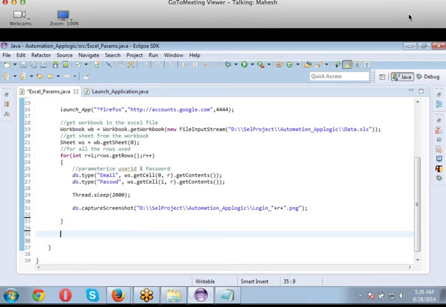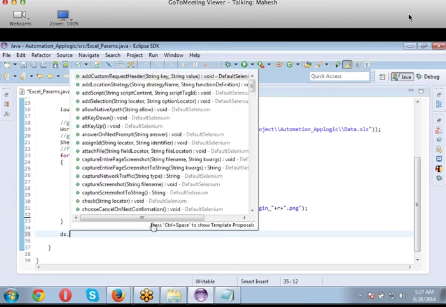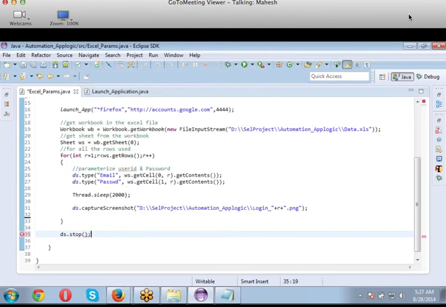Or if not a close method, you can use the stop method also. See, there is something called stop, which will stop my Selenium server directly. Once my Selenium server is stopped, all my values or references will be closed, among which Excel is also one of them. See, also ds.close. Anything goes, no problem. But here it is not ds. What do I have to close, WB or WS?